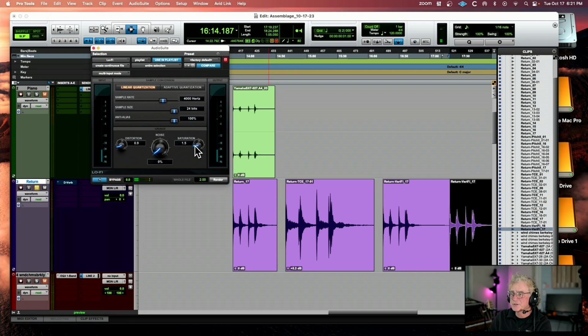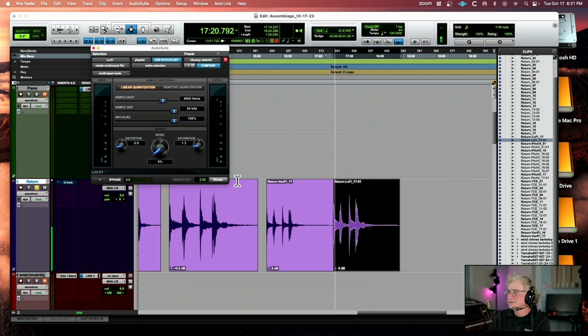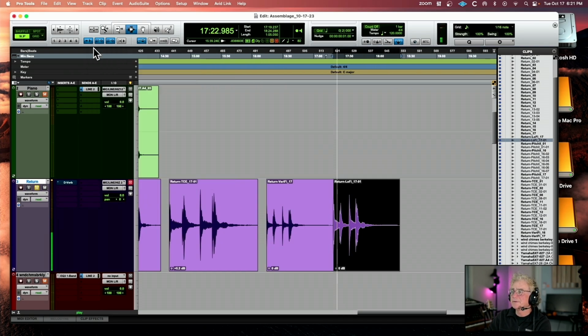Maybe that's too much distortion. Let's cut that out a little bit. Okay, I'll render that. So I don't know if you like that, but